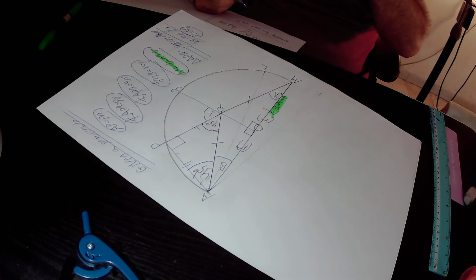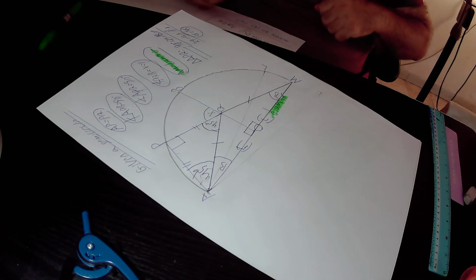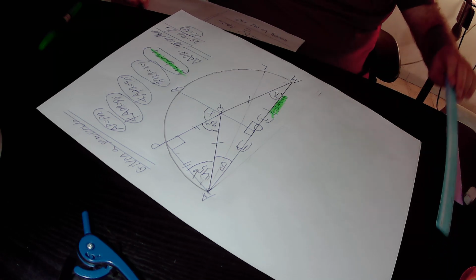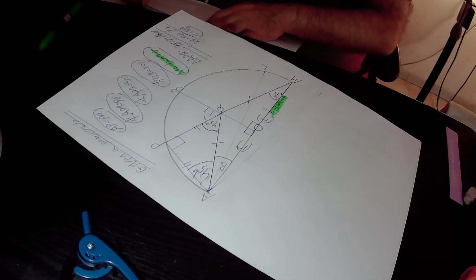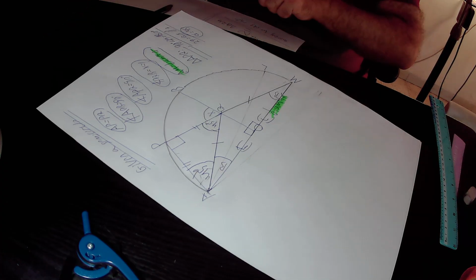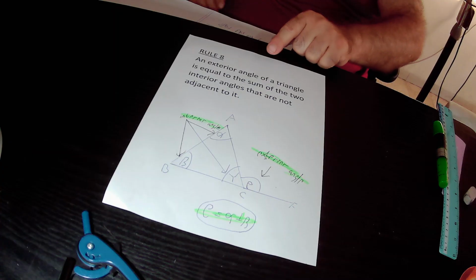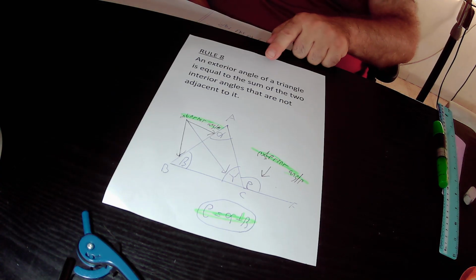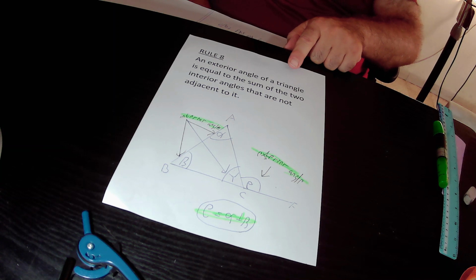Okay, so in the next step, I will present to you a new rule, and we will implement the new rule in our drawing. The new rule actually is rule 8. According to rule 8, an exterior angle of a triangle is equal to the sum of the two interior angles that are not adjacent to it. Again, an exterior angle of a triangle is equal to the sum of the two interior angles that are not adjacent